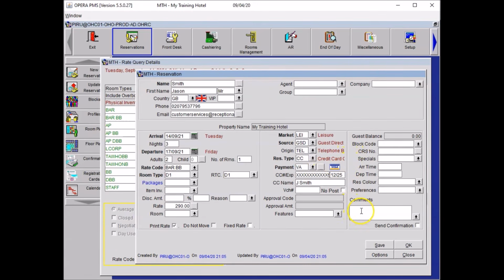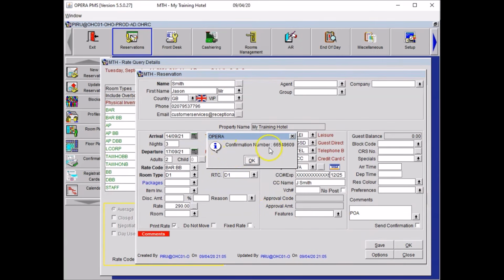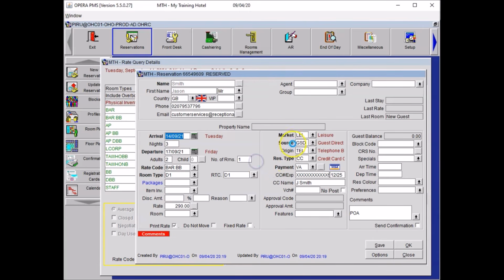The last step is to go to this field where it's a command, the last one here, and for the rest of your colleagues, the receptionist, right, you want to insert POA, which stands for Pay On Account, meaning that the guest is responsible to pay for his own bill. You will see later on different videos that it can be something different when the company pays for the guest, but that's pretty much it. So now, to complete your reservation, you just have to press Save. The system will provide you confirmation number, which is just here. If you press OK here, you will see that the reservation number is on the top of the frame. Your reservation is now complete.